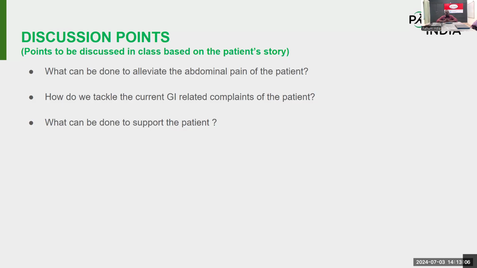What was the frequency of vomiting, and how much was the volume? From this, we can get a rough idea of where the obstruction is. How many times was she vomiting? What was the frequency? Vomiting was 2 or 3 episodes. The volume was not known, sir. She couldn't quantify how much the volume was. She came to me in an emergency setting mostly for abdominal pain.